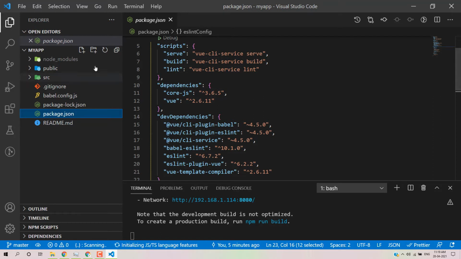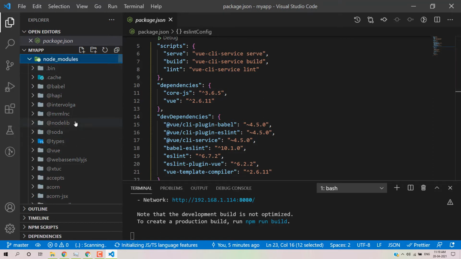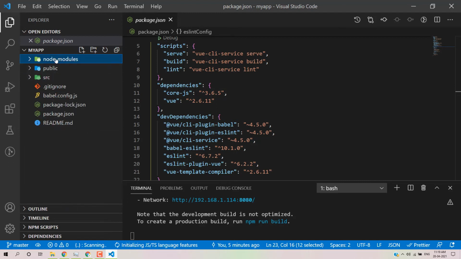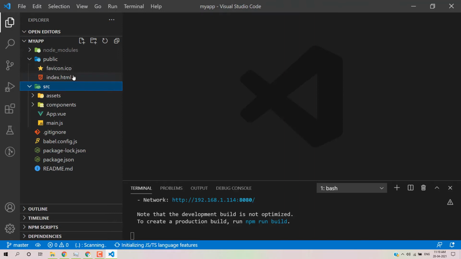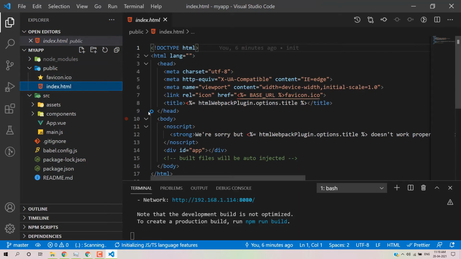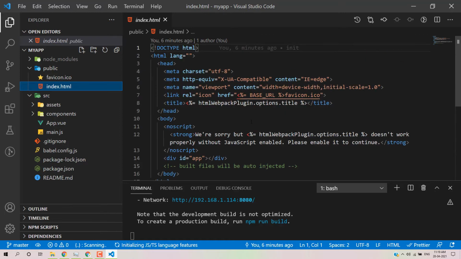If you're working on Vue.js, we have to work on these two folders, public and src. I'll go to the public directory. Inside the public directory we have a basic file, index.html. As we know, we can create a simple HTML file. This is a simple HTML file having head tags and body tags, and then we have a div section where the id is equal to app.